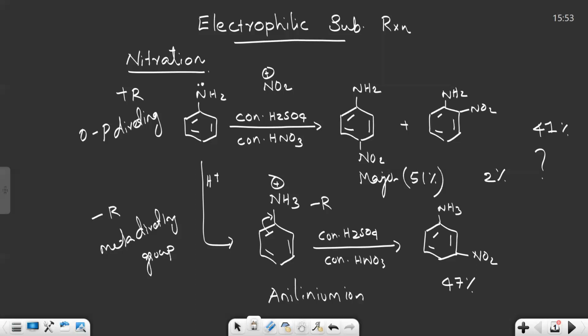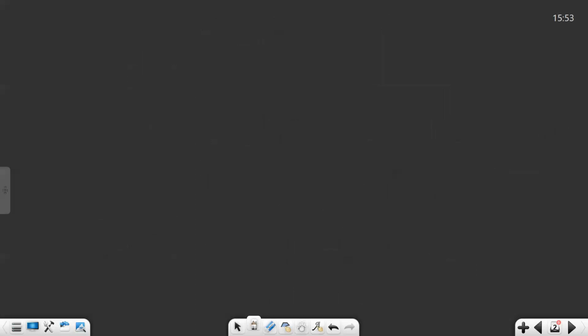Now, if you need only para nitroaniline, how will we prepare it? Preparation of para nitroaniline. In the previous structures we have seen that meta-nitroaniline formation is only due to the protonation of aniline, right? So to prevent the formation of meta-nitroaniline, we need to prevent the protonation. That means the lone pair of electrons over the nitrogen atom must be blocked or must not be available for protonation. So for that, we take this aniline